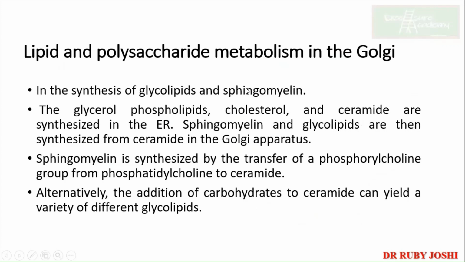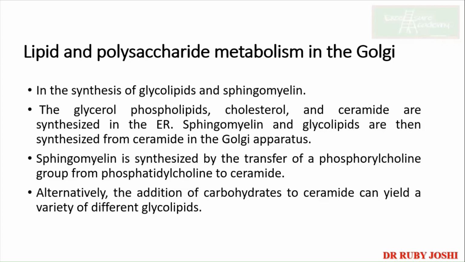Now coming to the lipids and the polysaccharide metabolism in the Golgi. Okay, so that is in the synthesis of the glycolipids and sphingomyelin. अभी हमने क्या देखा था that in the smooth ER, your phospholipids are getting synthesized. So yesterday we saw how from the glycerol, phosphatidic acid is present, it gets inserted between the phospholipids, and then how the different precursors when they go and bind. For example, choline हुआ तो phosphatidyl choline मिला, inositol हुआ तो phosphatidyl inositol मिला, right? So those were your phospholipids.